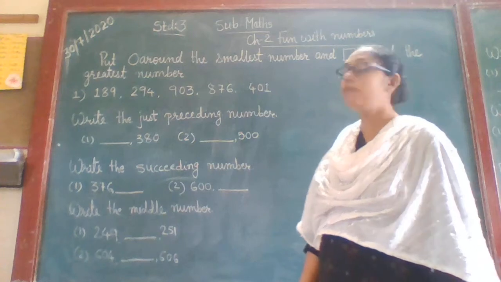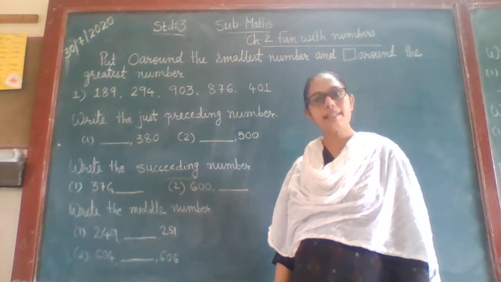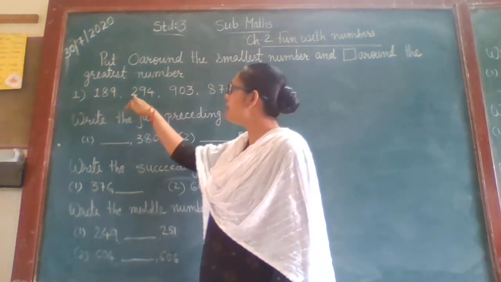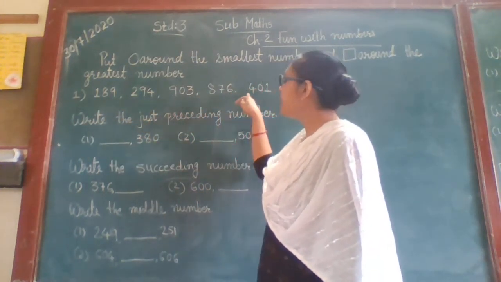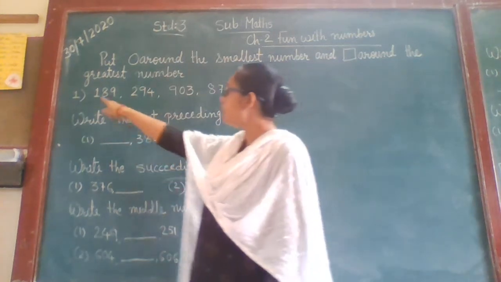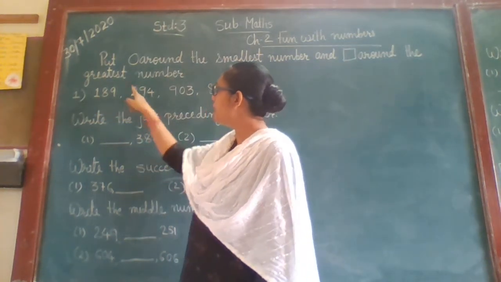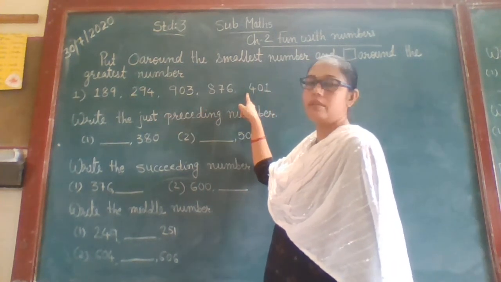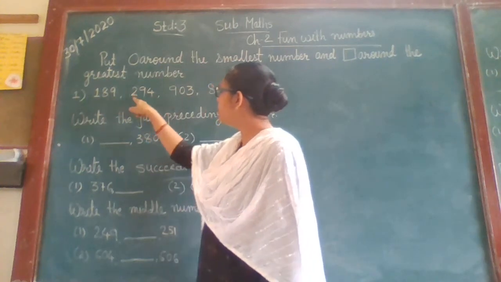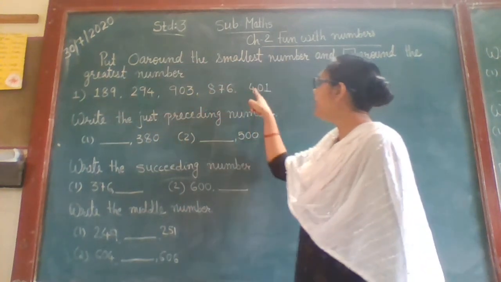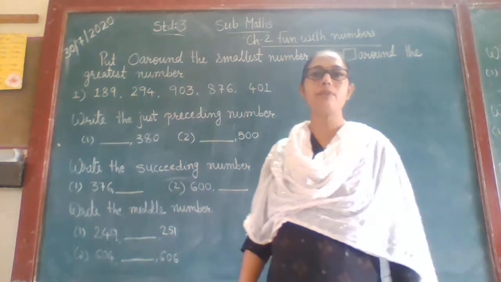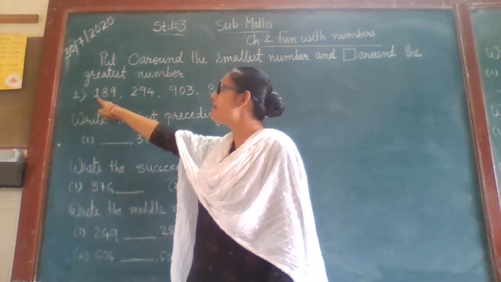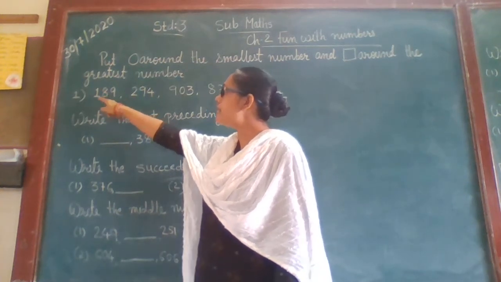Students, we know how to find the smallest or greatest number. For that we check the first digit, meaning the hundredth place digit of each number. Here on the hundredth place we have 1, 2, 9, 8 and 4. So among 1, 2, 9, 8 and 4, which one is the smallest? Yes, 1 is the smallest one, means this number, and that's why this number